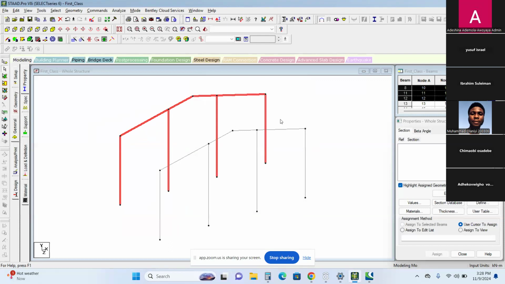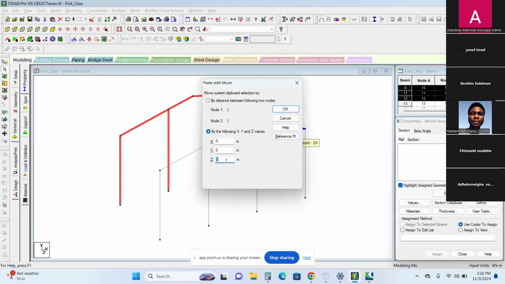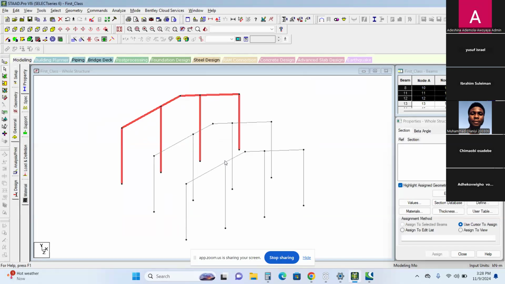Again, Control C, Control V. 5.5 plus 5.5. No, don't say Control C, Control V. Yes, that is 11. So we can now delete the 2 stanchions in between the second bay. Yes, exactly. This one and